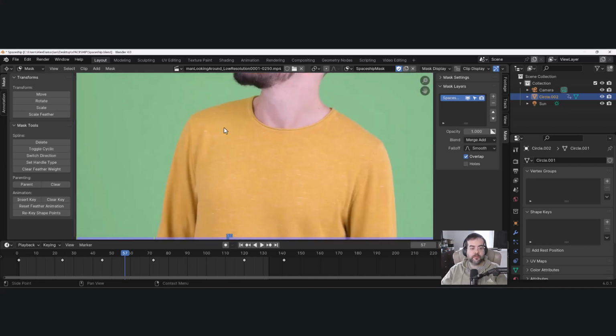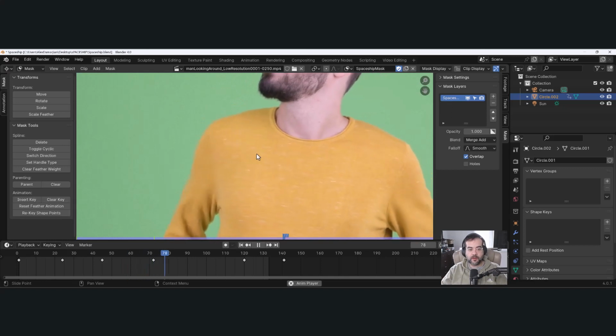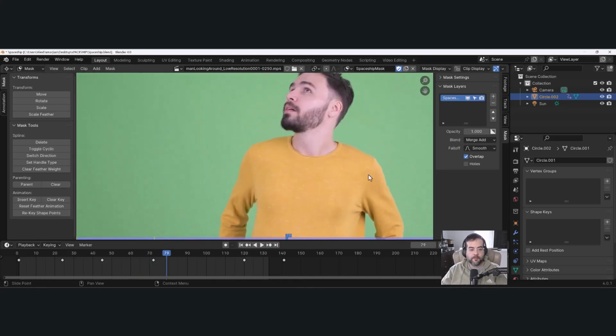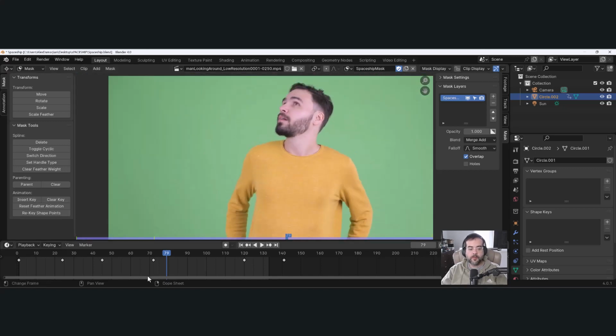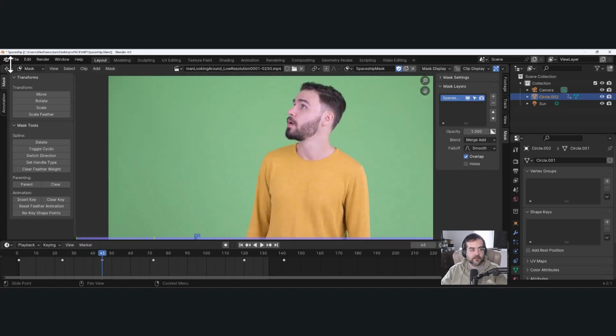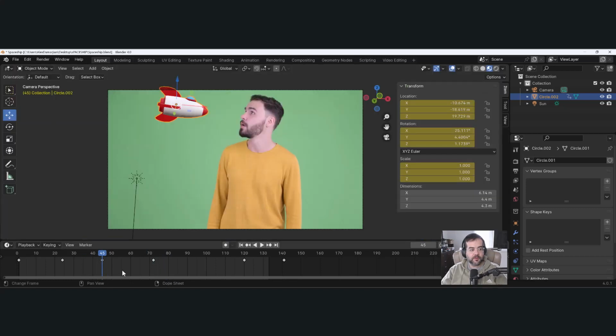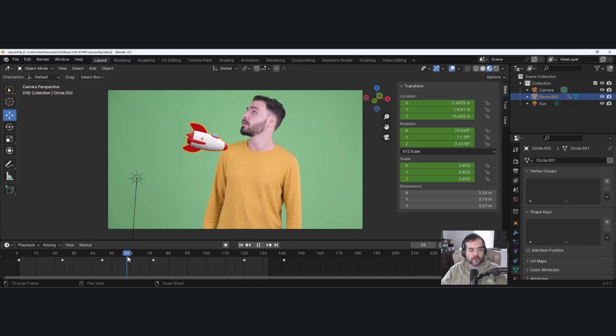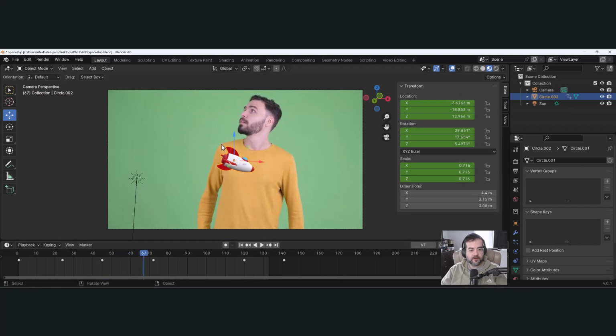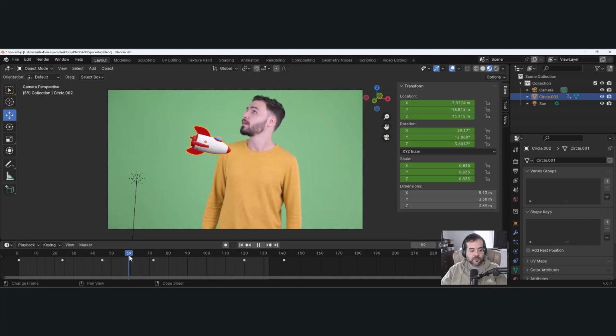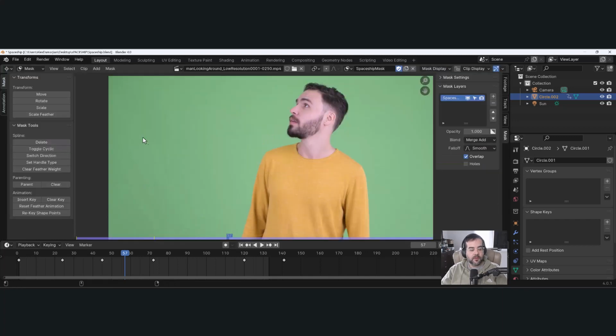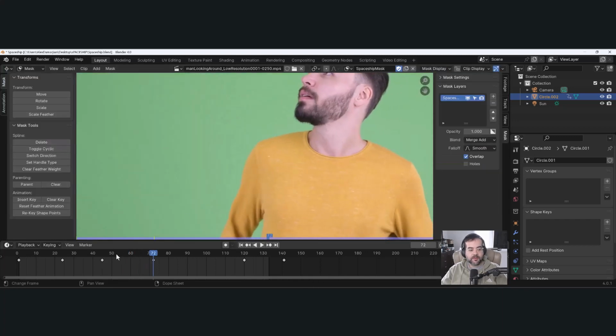All right, do you remember from last time when we masked, sorry, I didn't mean to hit that, let's go back to 3D really quick. I lost my place. So here we go. He's impressed, it goes down. Pretty much the entire masking area is this shoulder here. So what I'm going to do is go to frame 55. And if you remember last time when we were creating the mask for our bouncing ball,